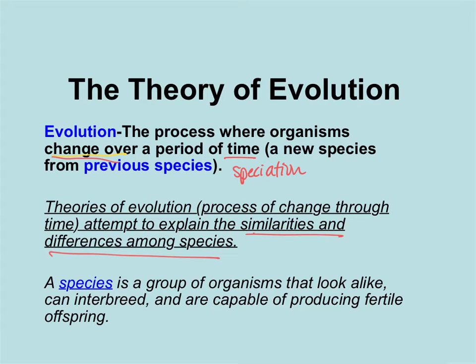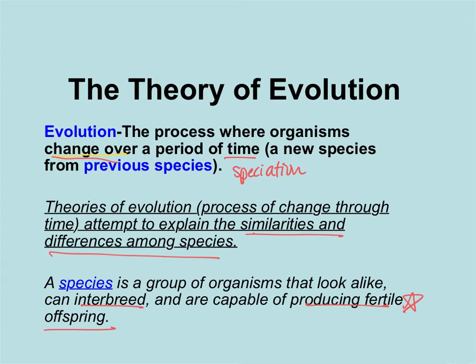So then we have come to the basic definition of a species. You're going to see this definition in this unit and also our next unit, which happens to be our last unit. So you are going to see this definition of a species for the next two tests, but also our exam, of course. A species is a group of organisms that look alike and they can interbreed and produce fertile offspring. So key here, fertile. They can interbreed and they can produce fertile offspring.